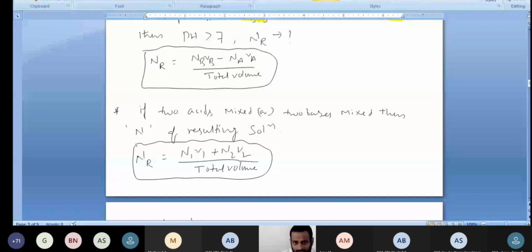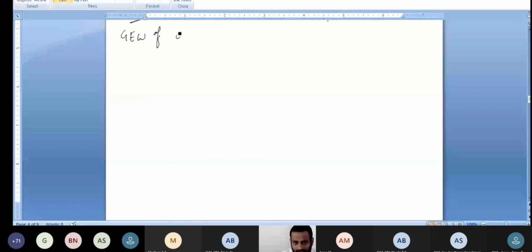Basicity will always be true. This is very, very important. Whatever the acid given, you have to take the basicity, like sulfuric acid,